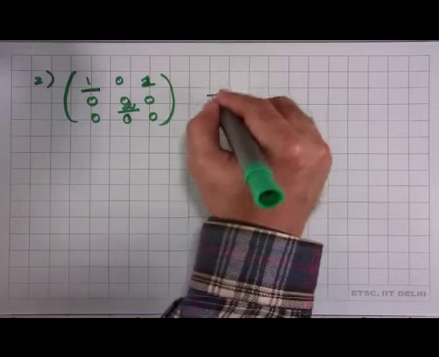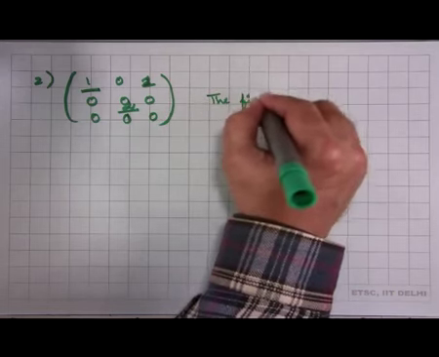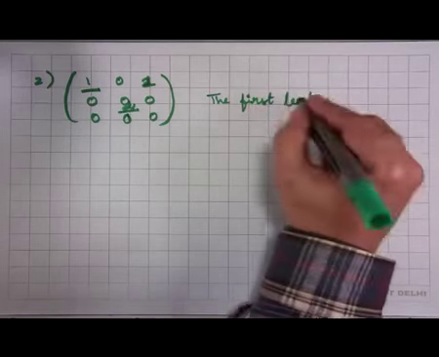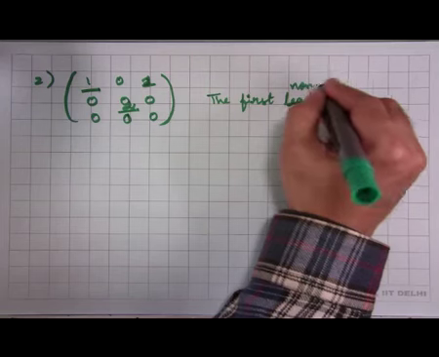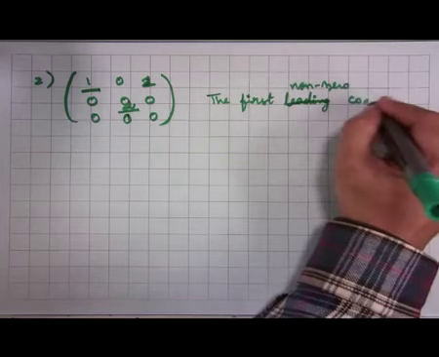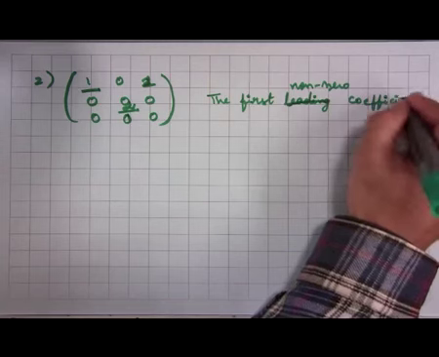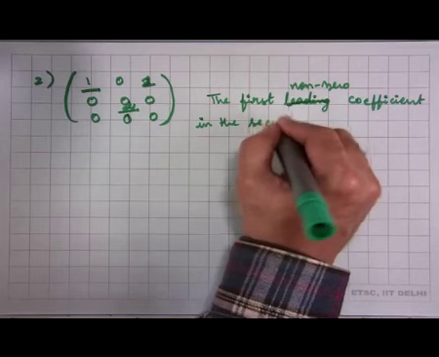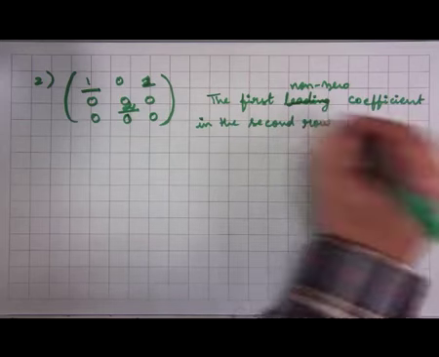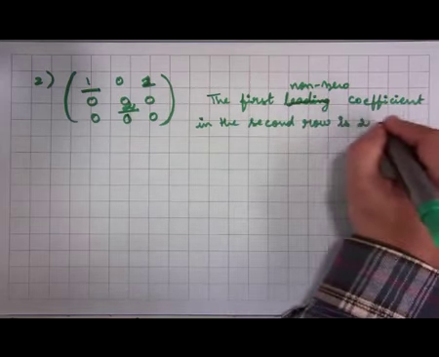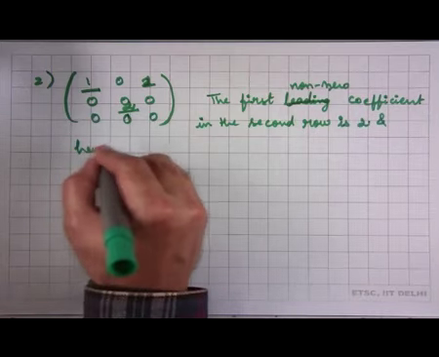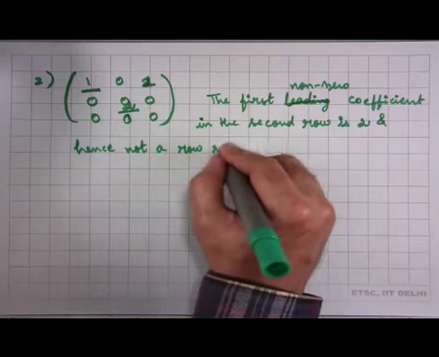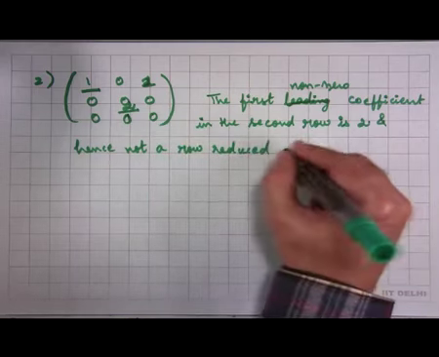So, the first leading coefficient, or the first non-zero coefficient in the second row is 2, and hence not a row reduced